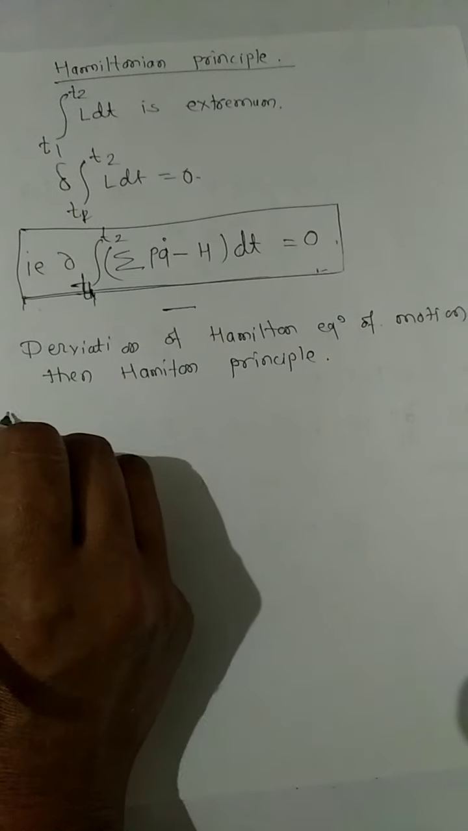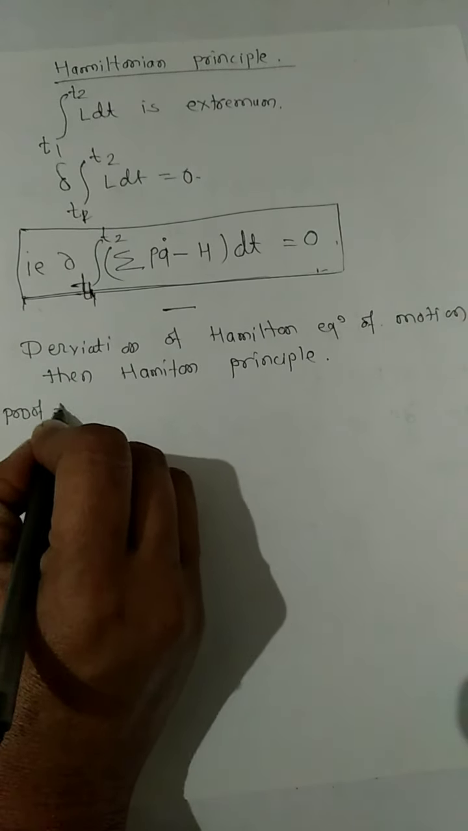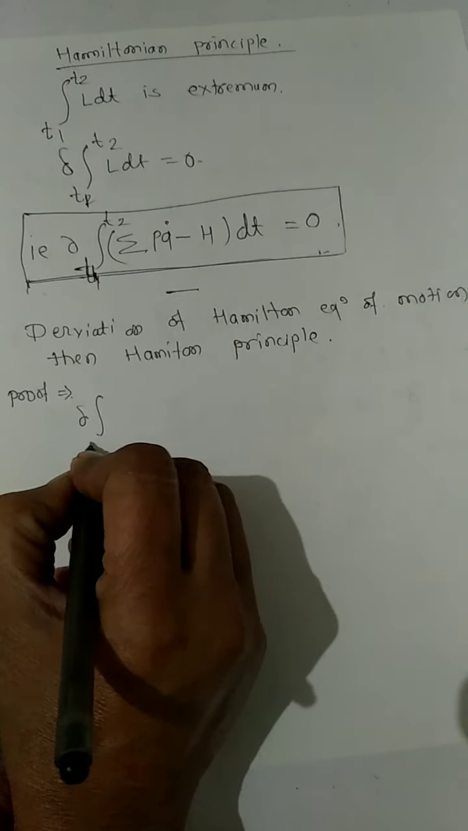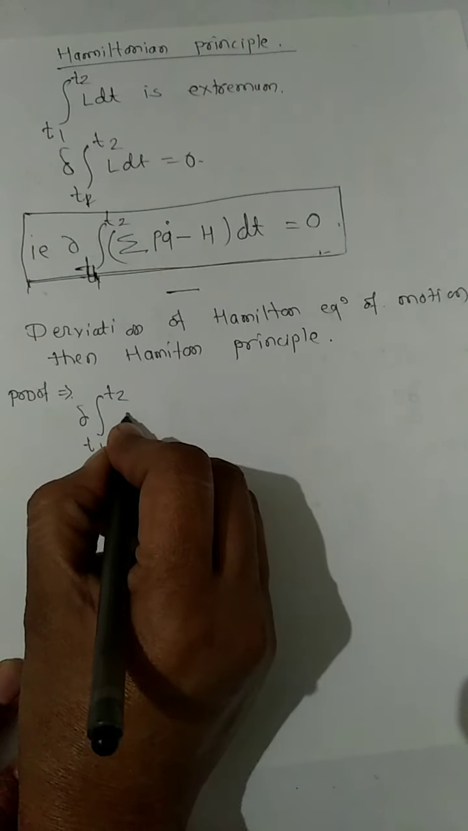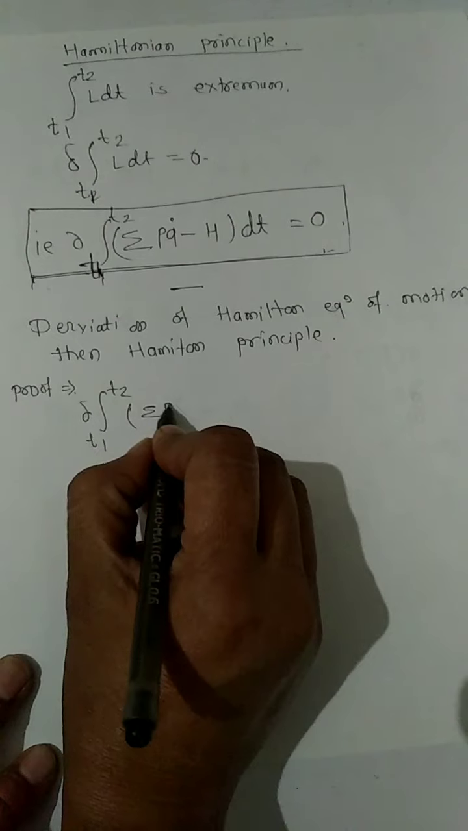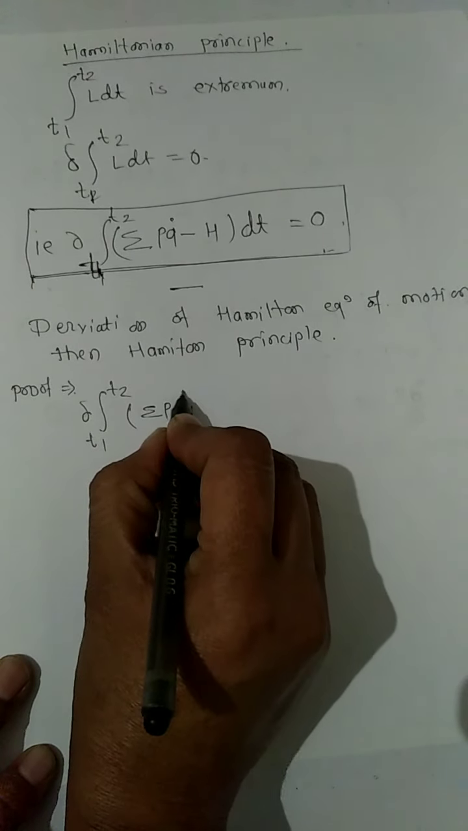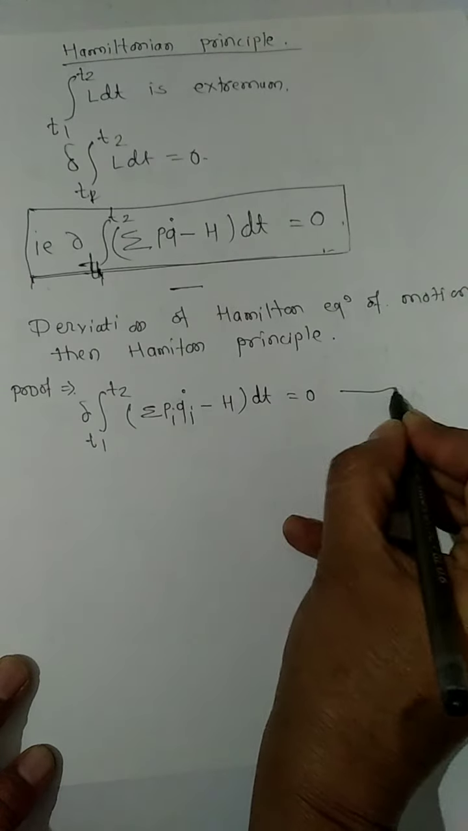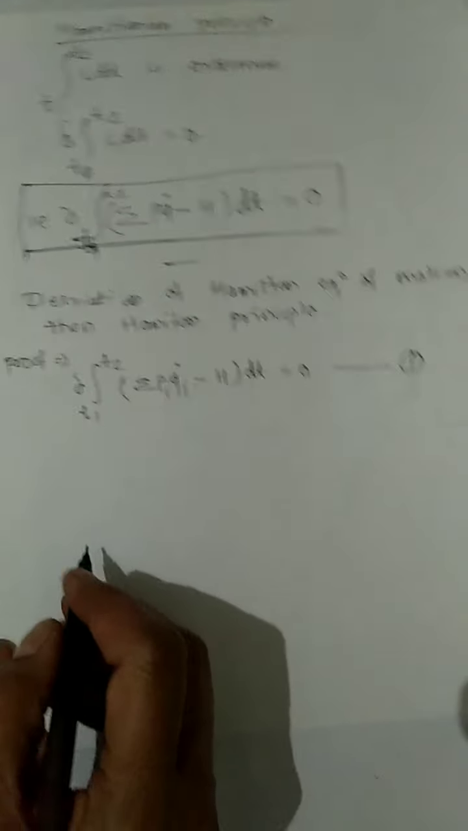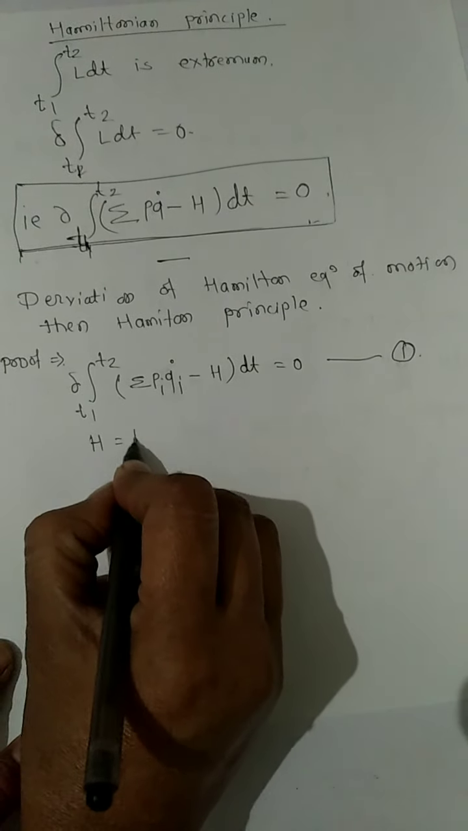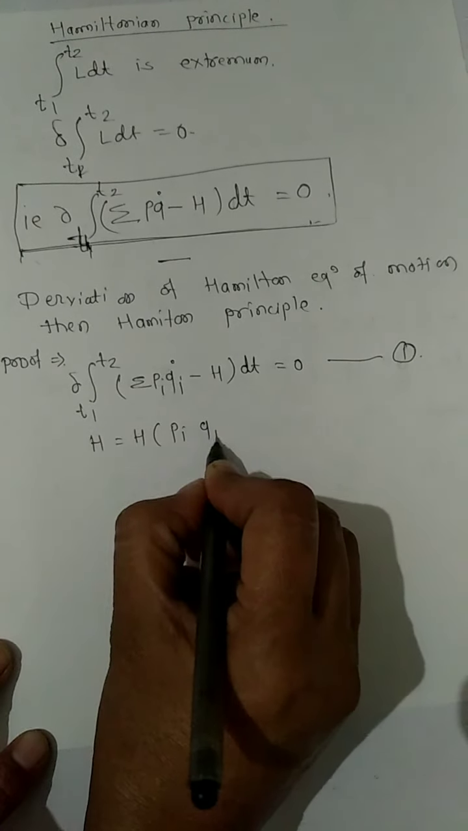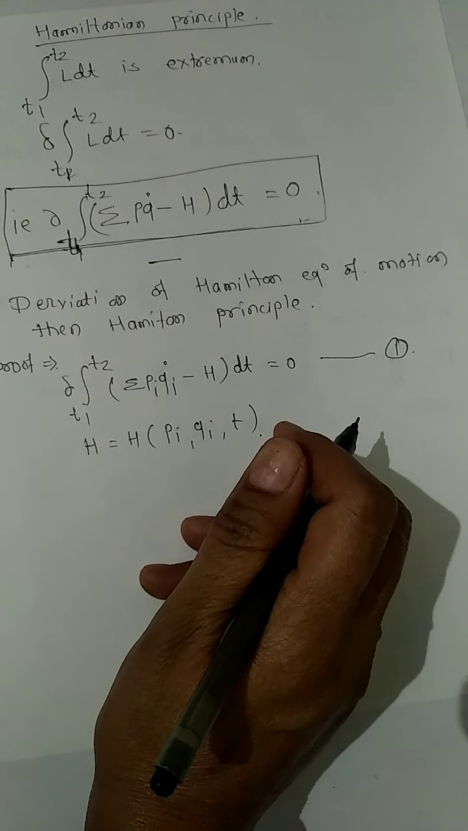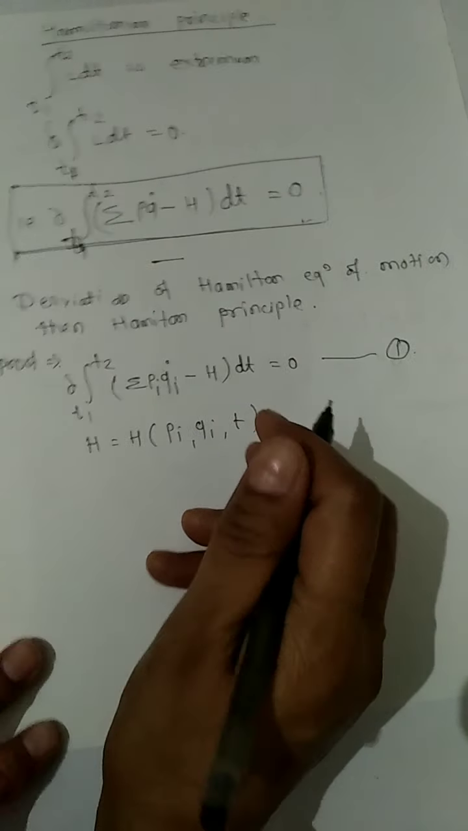Then write the proof. First write your known. You know the Hamiltonian principle. The integral T1 to T2 L dt, value of L is summation Pi Qi dot minus H, dt is equal to 0. This is the Hamiltonian principle. Here H is a function of Pi, Qi and T, the Hamiltonian function, and from 1 we get